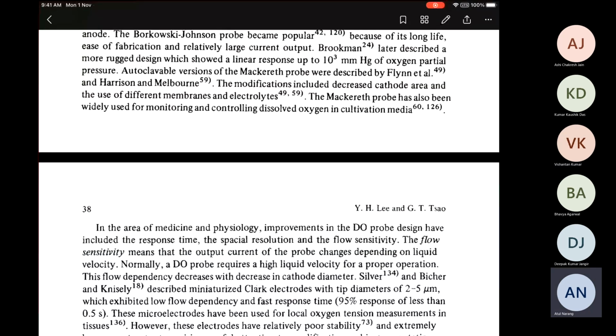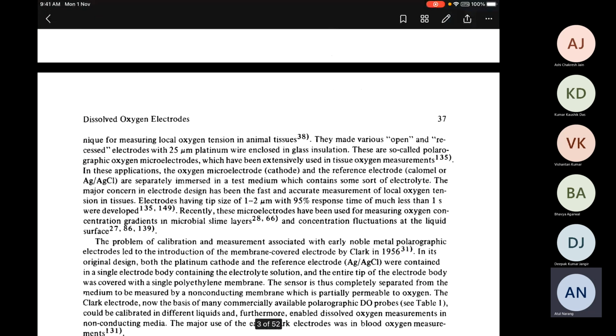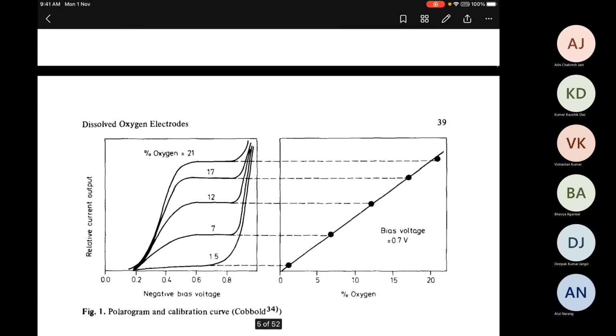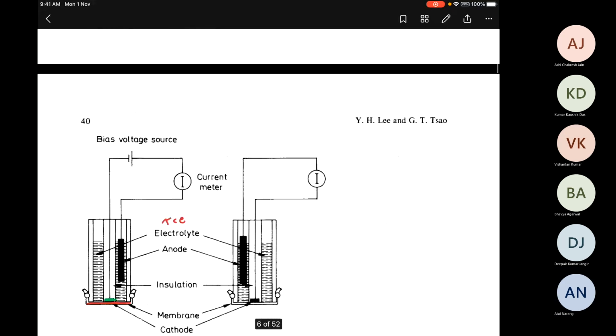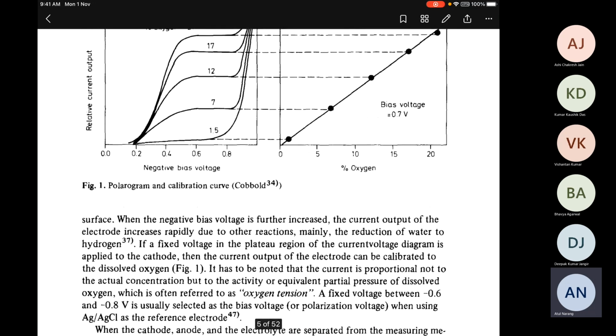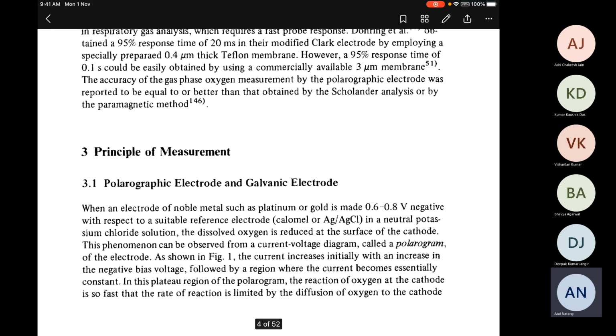Okay, so now I just need to explain to you what is going on with that little battery over there. And that is explained over here. So this voltage that is applied over here is called the bias voltage. And this bias voltage basically drives the entire process. So what this is showing over here, let me read it out to you, is that